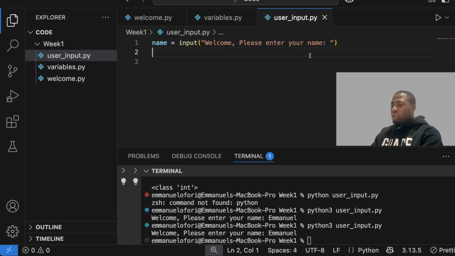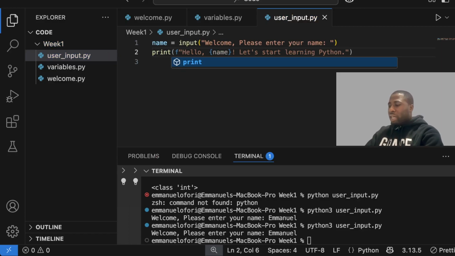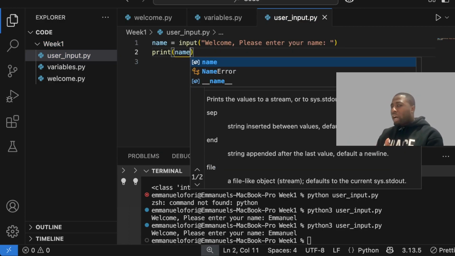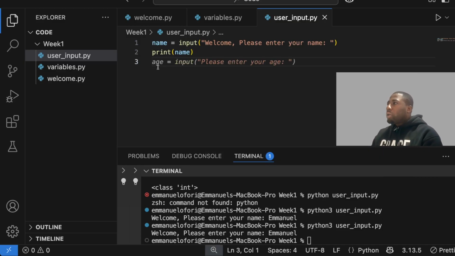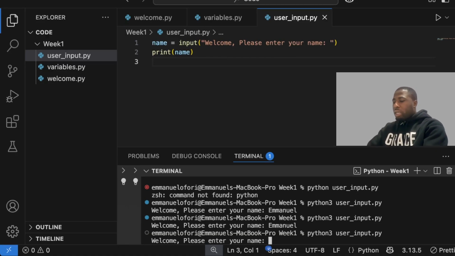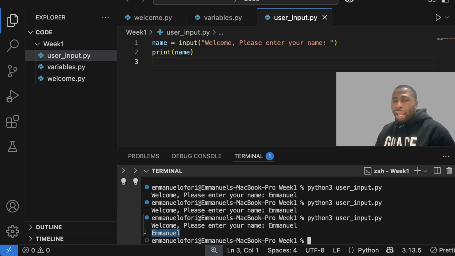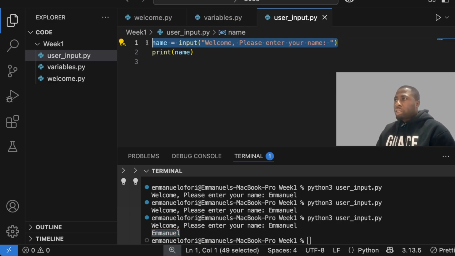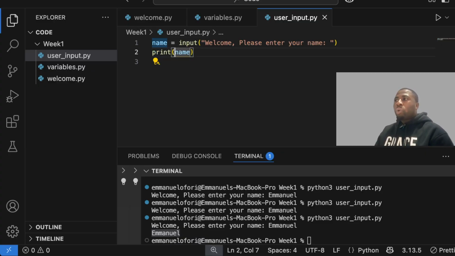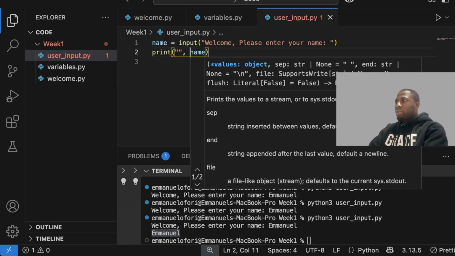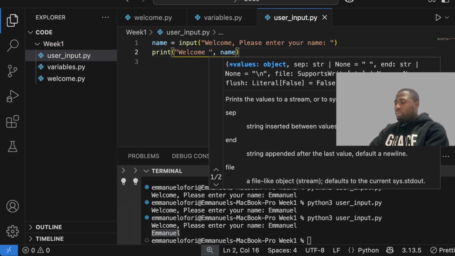So then that's when we introduce print, and then we can say name. Now there are different ways of how you can print a name onto the screen. As we go on forward, I'm going to show you a different way of how we can do it. So what I'm going to do now is run this, and I'm going to say Emmanuel. And then you can see it printed out my name because when I captured the information from the user, I printed it onto the screen. We can even go a step further by doing this. We can say welcome, and then